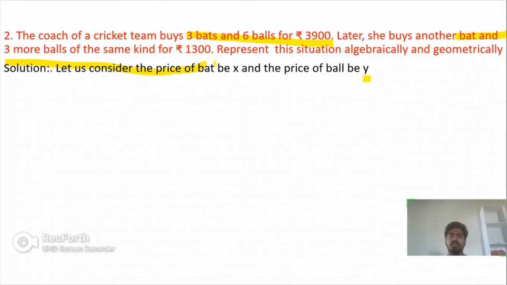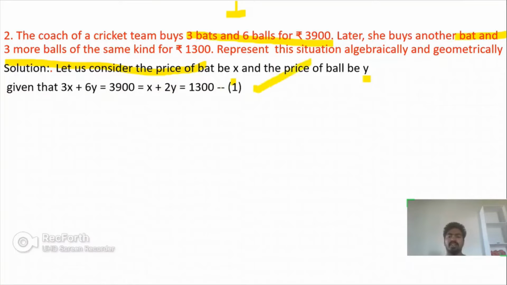That is 3 times the price of a bat, 3x, plus 6 times the price of a ball, 6y, which is equal to 3900. So I can frame this situation as the equation 3x plus 6y equals 3900. If I take 3 as common, I get x plus 2y is equal to 1300,